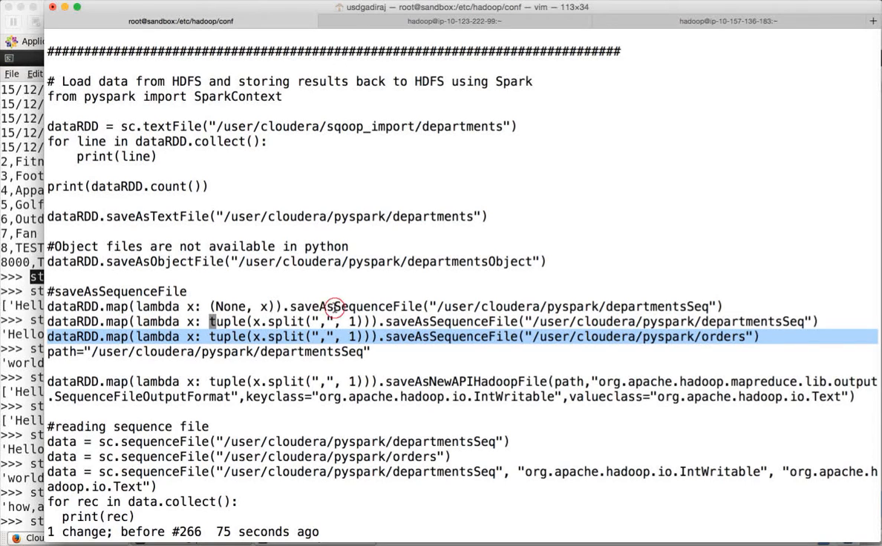So this is how it works. The map function will be applied for each and every record, and the logic in the map function is the lambda function, which is to split the data. So for each and every record in the departments data set, this logic will be applied. You can validate that